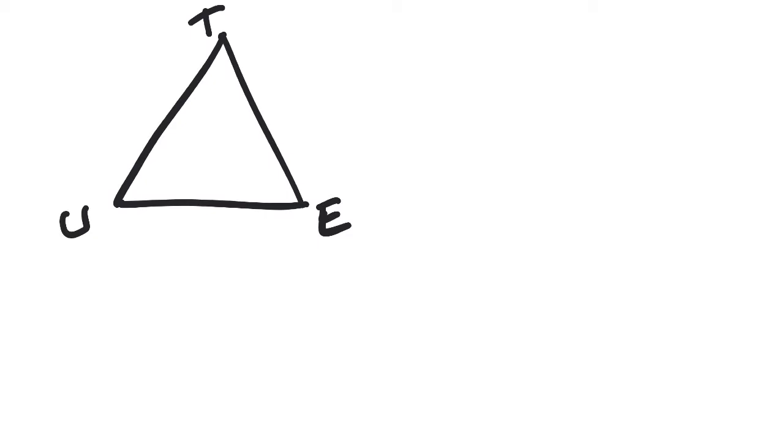Now, of course, we just seen you can label the side lengths, right? You could say, well, this side length right here is UT, and this one here would be side length UE, and then the next one ET or TE, doesn't matter, right? So we get these side lengths. But